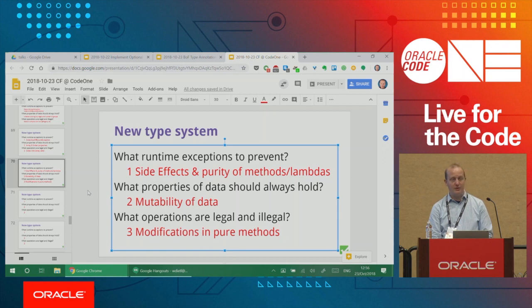So the problem with lambdas is that there are no declaration annotations on the lambda itself. So I think that's one problem. But we should be able to infer it. One problem with the current purity annotations is that they're trusted. So one of our research projects is a type system that enforces purity. At the moment, these are trusted specifications, so you can say this is a pure method, and we need that